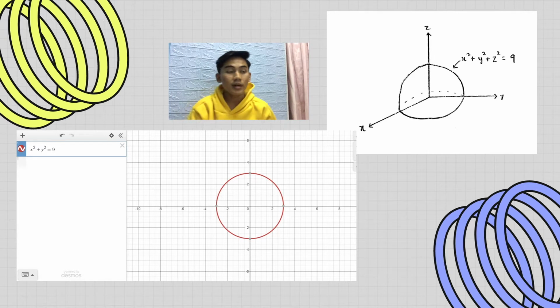We do a little bit of analysis for the hemisphere of the solid. Since rho squared of the hemisphere equals 9, to find rho we just take the square root of 9 and we get rho equal to 3. The angle phi from the positive z-axis to the sphere is 90 degrees since it is a hemisphere, which equals pi over 2. And since the region R is a full circle, theta is 360 degrees, which equals 2 pi.